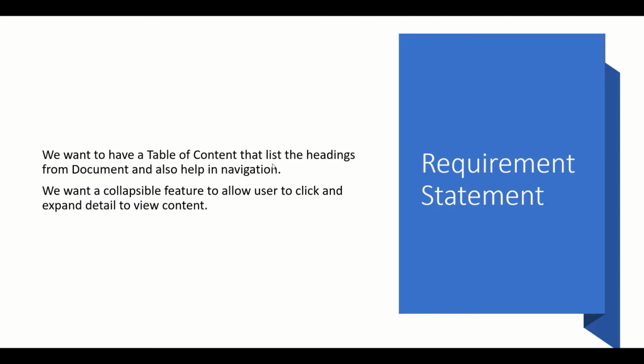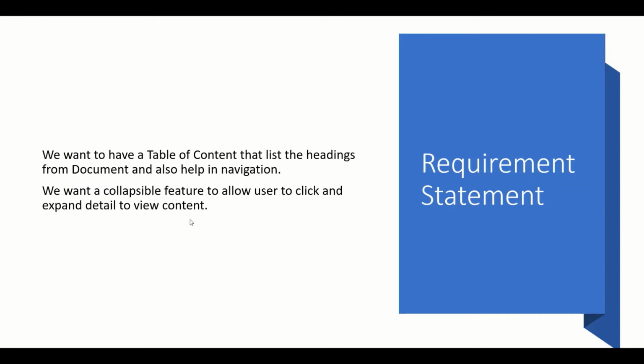One is to have a table of content for the document. And when I say table of content for a document, that means maybe you have a documentation or a handbook that is created and you want to create an index which has all the headings from the document, right? And also, as and when you click on the headings, you should be able to reach that particular section within that document.